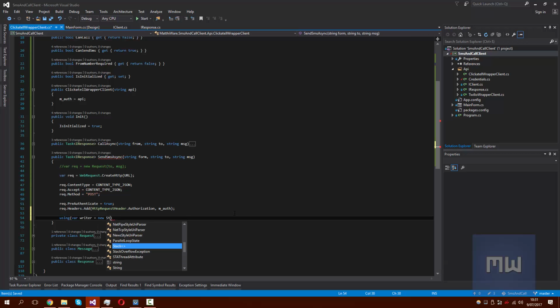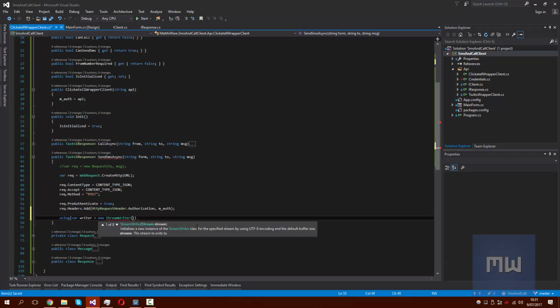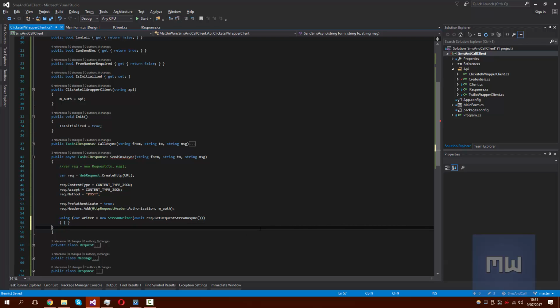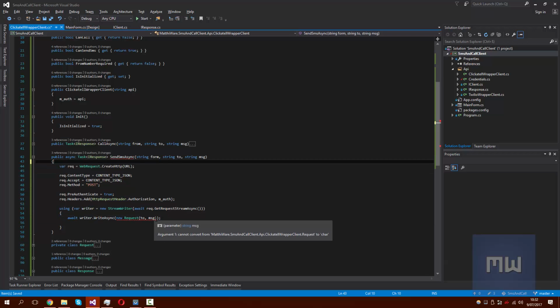Now we're going to make a stream writer using the system.io. This takes in a stream get a request stream async, which we now can await if we mark this class as async. It's a little bit too much here. Now the writer does write async, and now what we need to do is this one. Something like this. Can delete this, and we need to